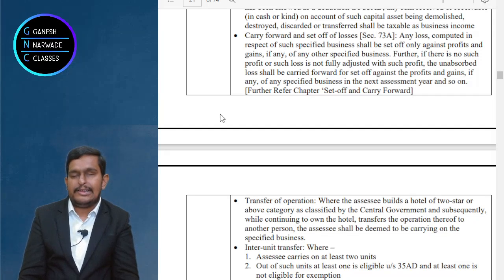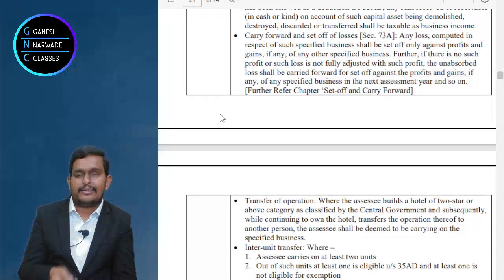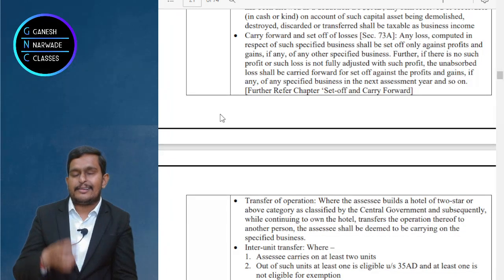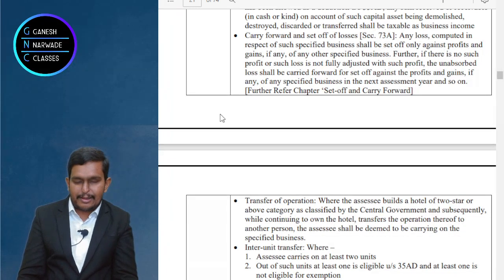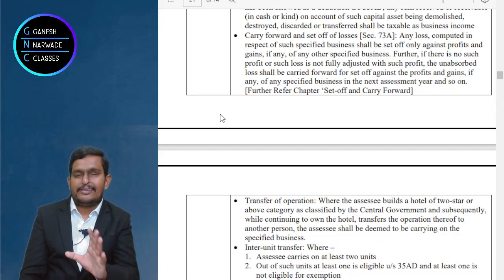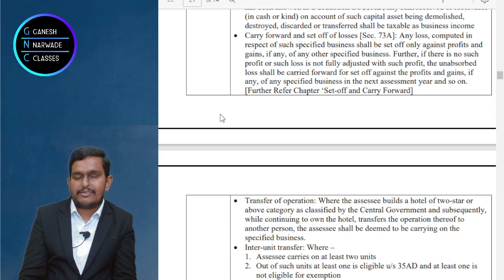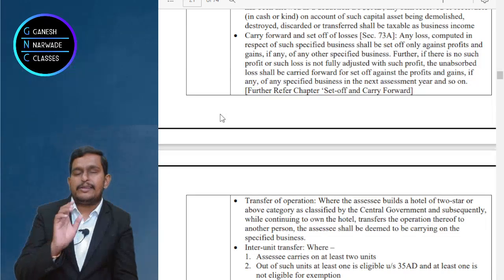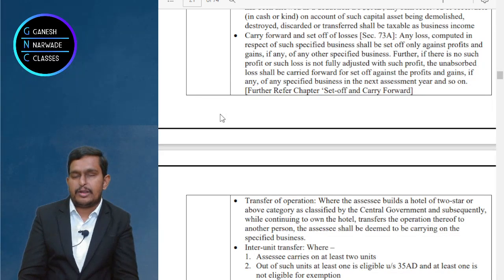So we understood, right? So many things we tried to understand: that it is optional, double deduction, the 8 years restriction. We understood that there are consequences which we have to understand. We understood that specified and non-specified businesses are there, and how to adjust it. The unabsorbed part we understood. For hotel business, there is a special thing which you have to remember. And there is something about insurance also. Let me talk about insurance first.